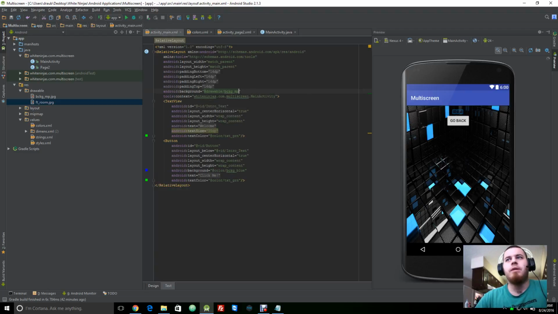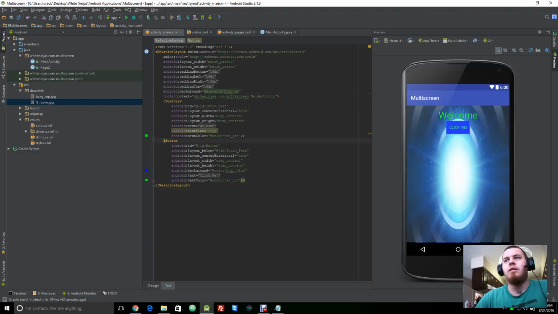Okay, so let's go back to our main page. Now let's say we want to add audio effects. When this button gets clicked,